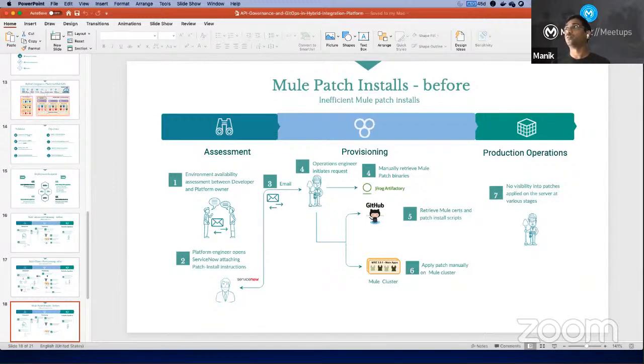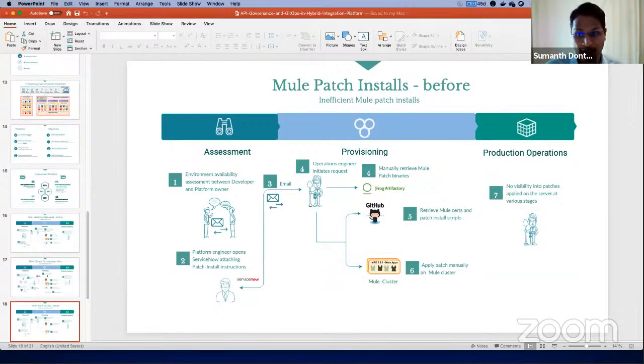Was there a downtime in provisioning cluster updates or applying patches? We go with a two-node cluster, which means you have an MRE running on one node, one VM, and another MRE running on another VM. The script logs on to the first node, shuts down that node, applies the patch, brings that MRE up, then goes to the second one and does the same. So it's a rolling update. Patches are all rolling updates. There's no downtime at all.